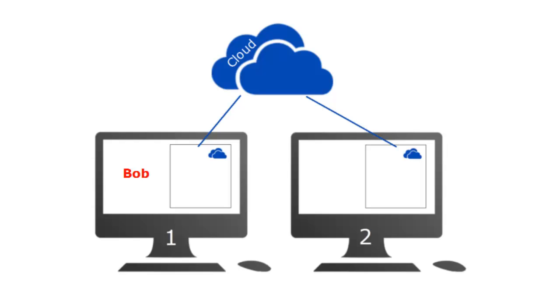In this video, I'm going to show you how to set up PartyCAD to use files that are on Microsoft's OneDrive. Before we do that, though, let's make sure you understand how OneDrive works. If you have a file named Bob on your computer and you move that file into your OneDrive folder, the system copies the file up to the cloud